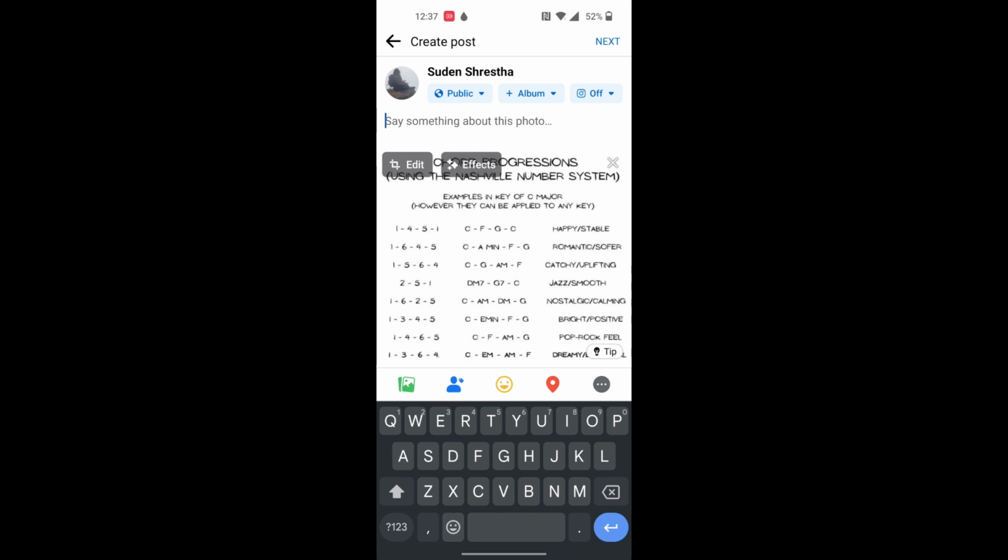And with that being said guys, after you have written something, hey there, this will be my music notations or music planning. This is my music planning. And with that being done guys, after writing your text, at the top of the screen you can see there is the next button available for us at the top right corner of the screen. Tap on that next button,